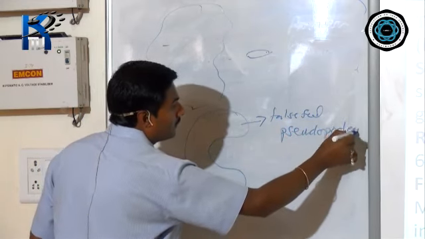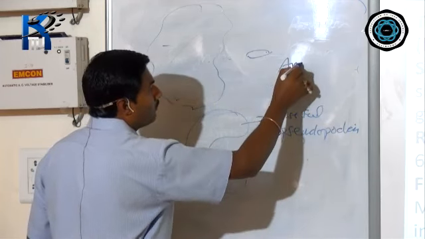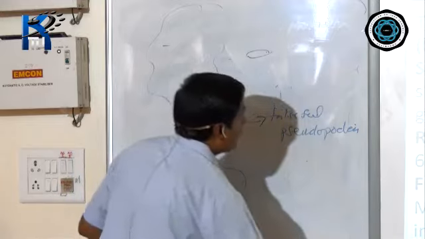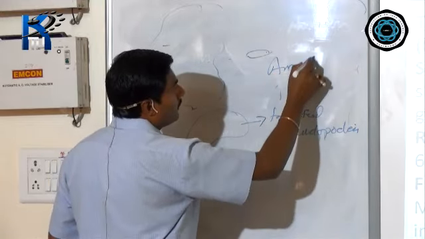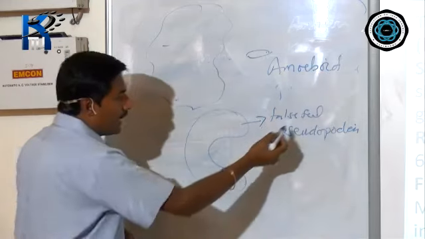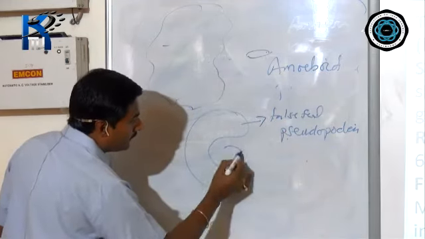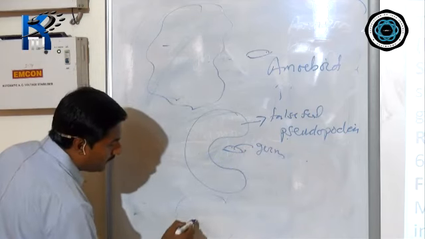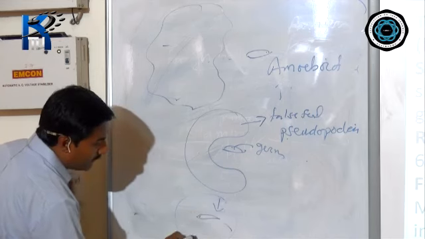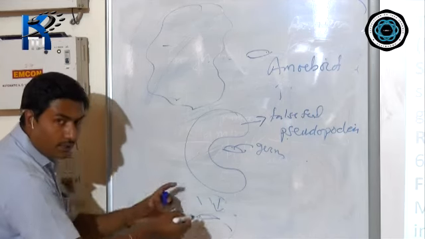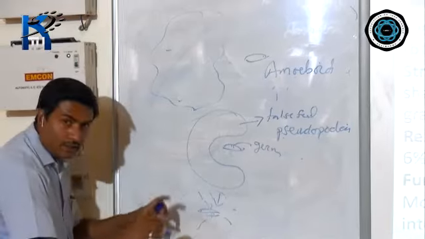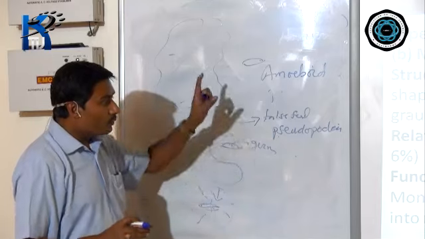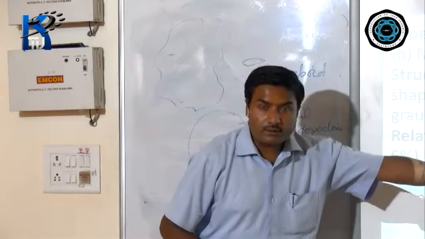Pseudopodia-like structure. You can also use the term amoeboid movement. After that, they produce false feet. These germs get inside, and finally the germs are put inside the body, and by producing cellular enzymes, these germs are destroyed. This way of engulfing the bacteria or the germs, we use the term phagocytosis.